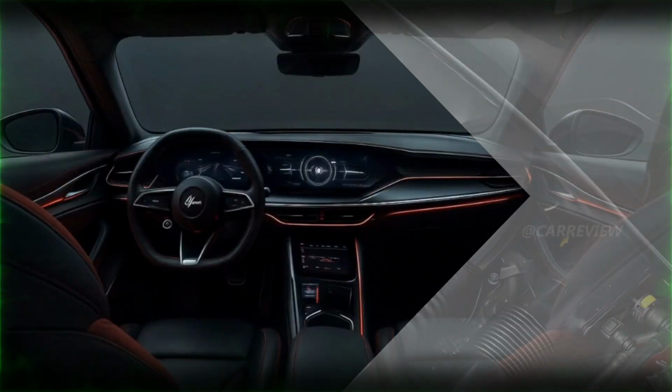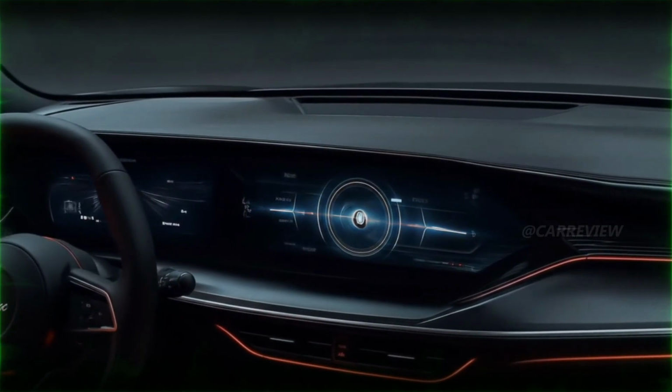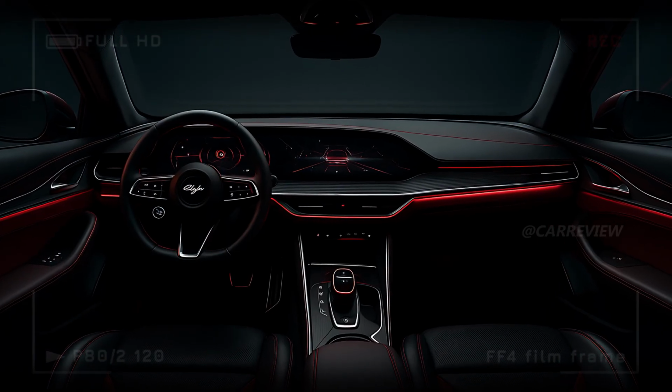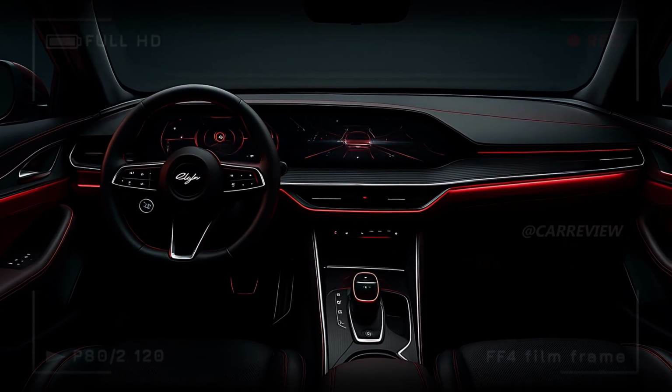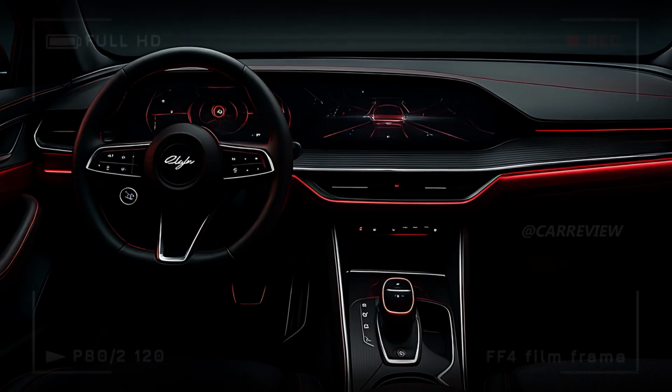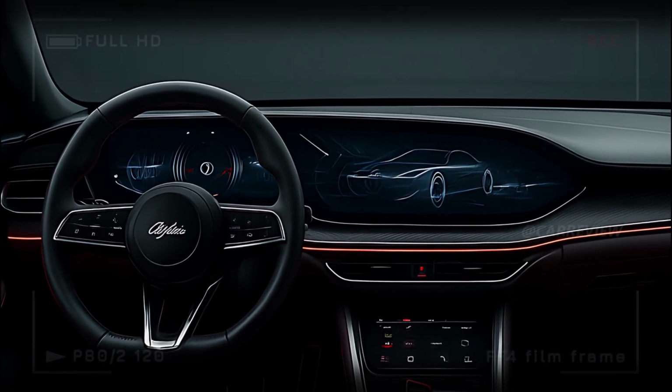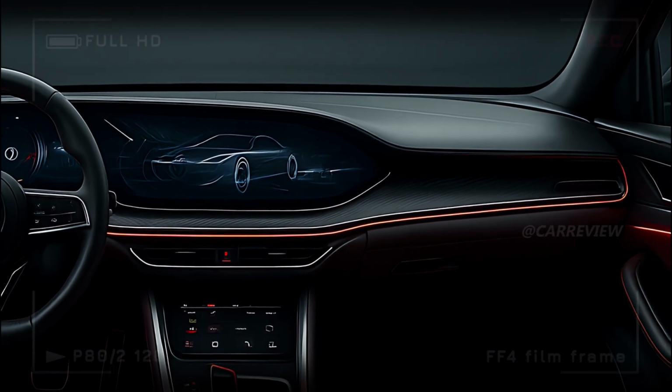Step inside, and the cabin is a theater of dark sophistication. The driver-focused cockpit is lined in black leather with deep red accents, stitching, and ambient lighting that runs seamlessly across the dashboard and doors. The steering wheel,